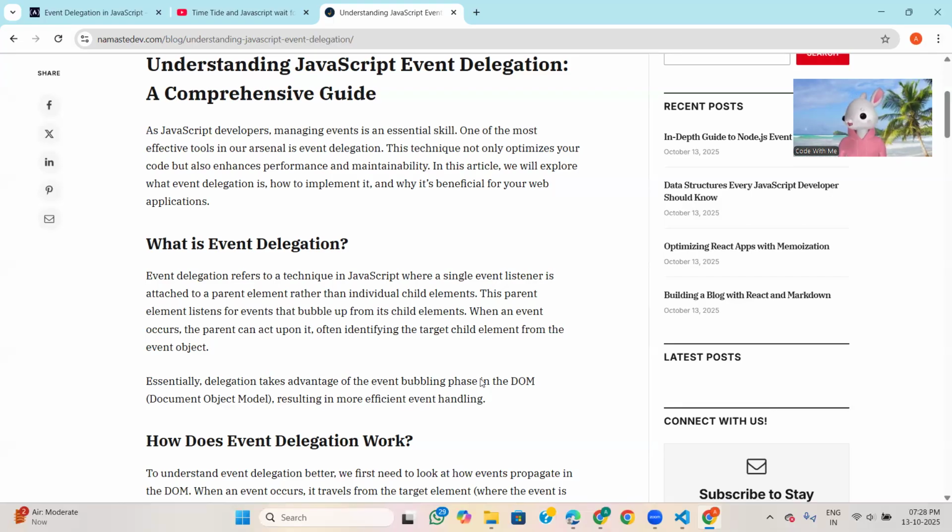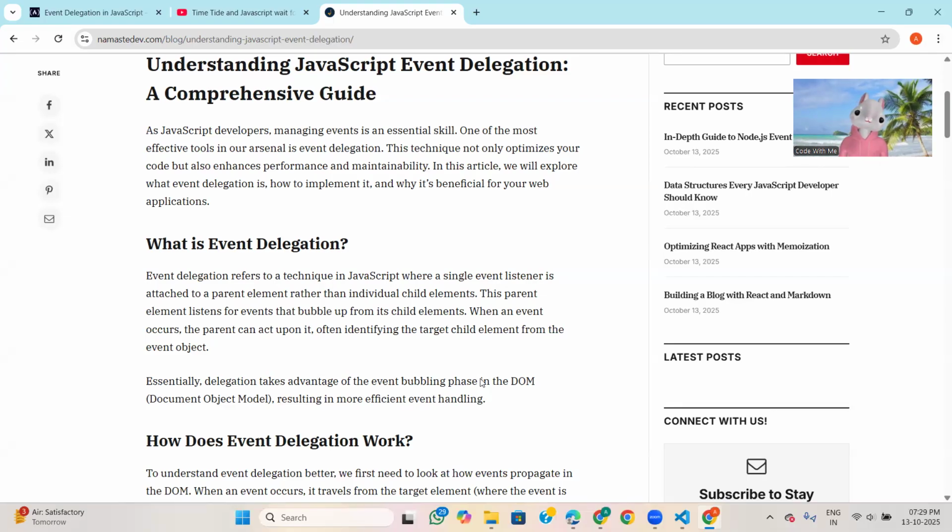So for handling all the buttons, we have to write the button click functionality 12 times. Then our code gets messy, like for one functionality we are writing it 12 times.